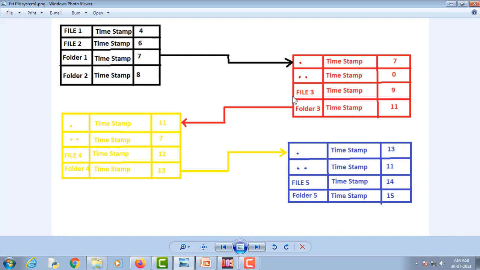There is also a file number 3 and a folder number 3. As you can see, the starting cluster of file 3 is 9 and the starting cluster of folder 3 is 11. Now if we go inside folder 3, we will see another subdirectory.